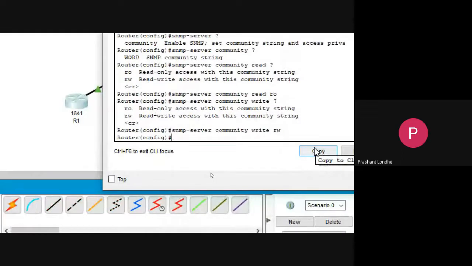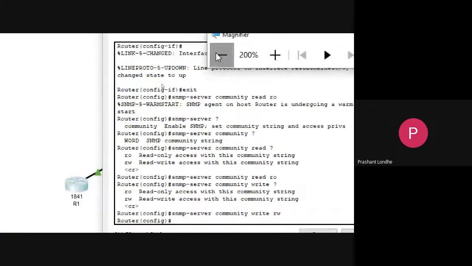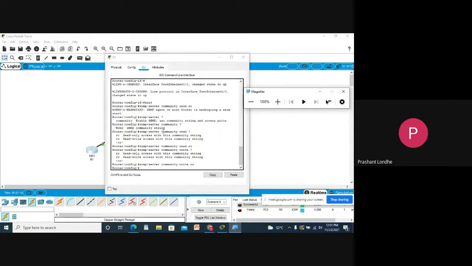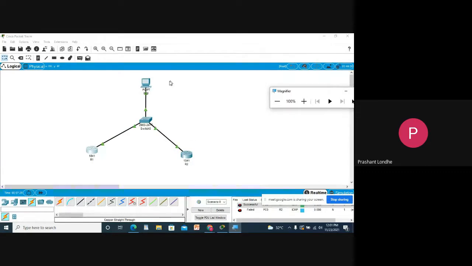So I have initialized the SNMP agent, and now my SNMP agent is working in this network. A simple way of implementing SNMP is to write two commands: SNMP server community read RO and SNMP server community write RW.